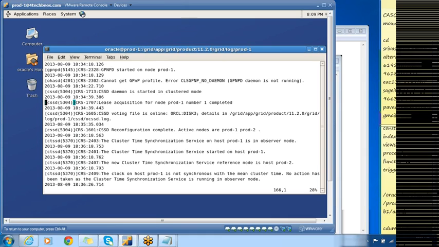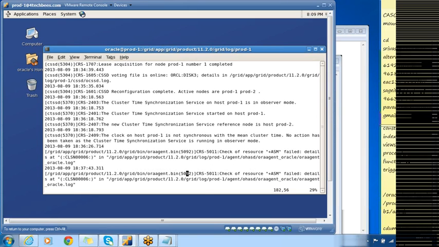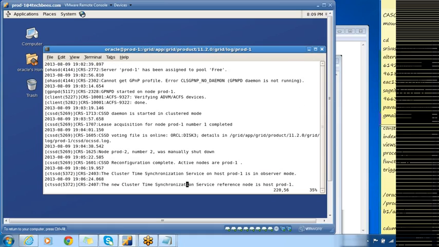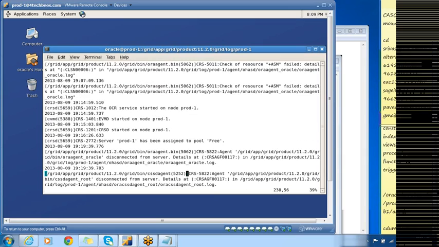You can see here CSSD voting file is online. So it made the voting disk online by accessing ORCL:disk3. This is the disk which has the voting file and OCR file. And you can also see the cluster time synchronization service started. So it needs to synchronize the time between prod 1 and prod 2. Each and every piece of information will be updated in the alert log.